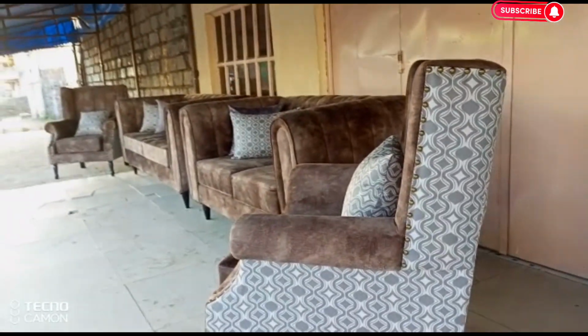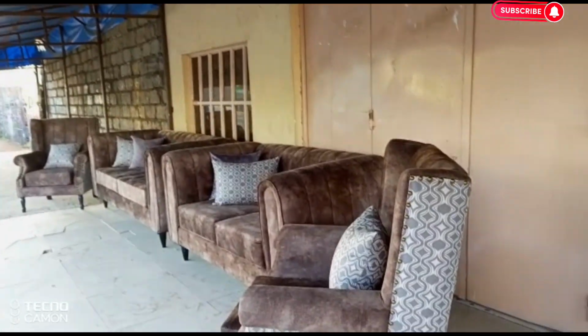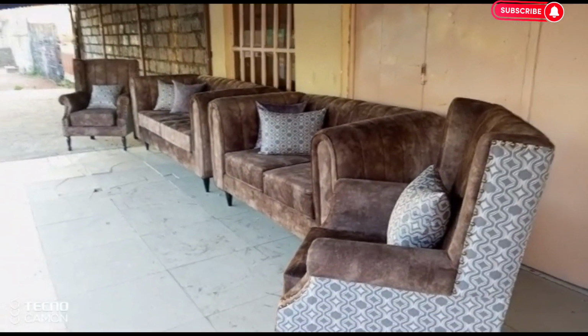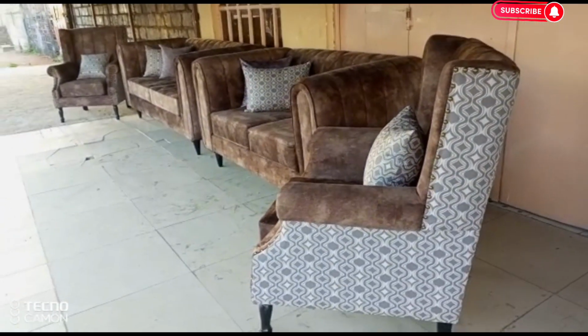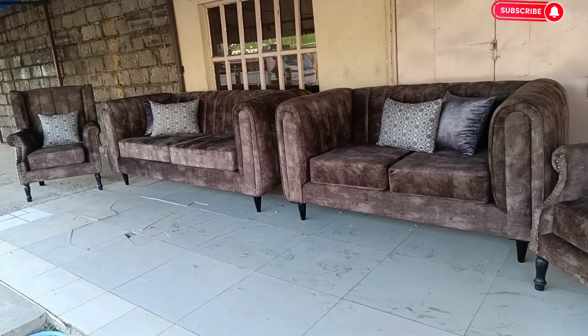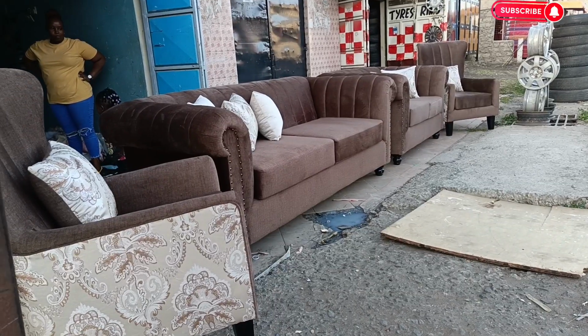So I am here to check on the work done before the seats are being transported to the client. I have 2 pairs of seats made. If you are looking for new seats, you can get in touch with us. We also do custom made seats, custom made tables, dining tables, coffee tables. You can get in touch with us, and